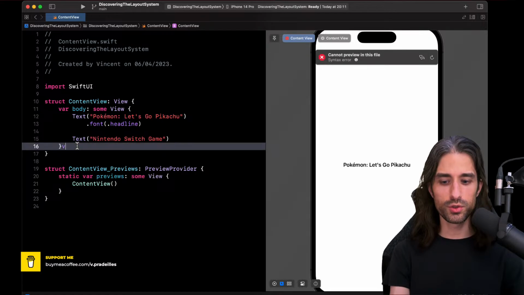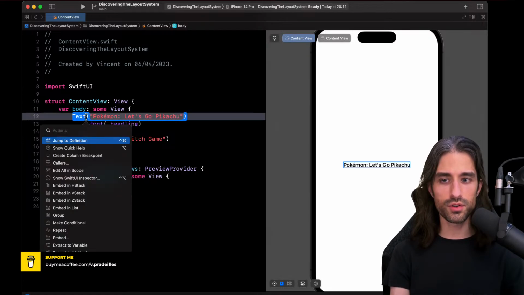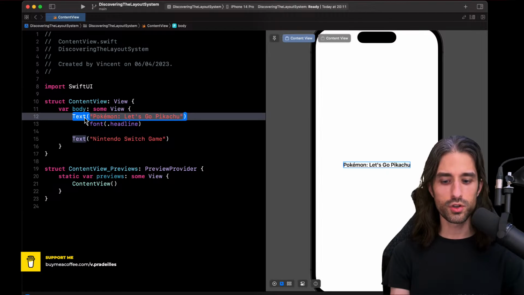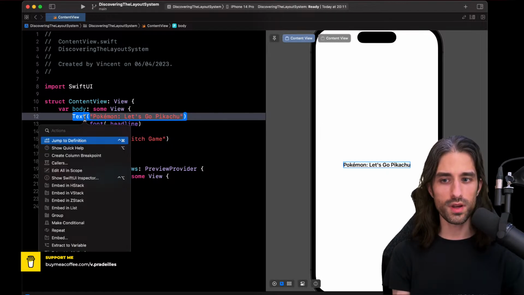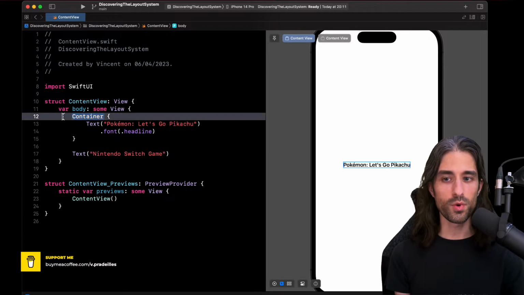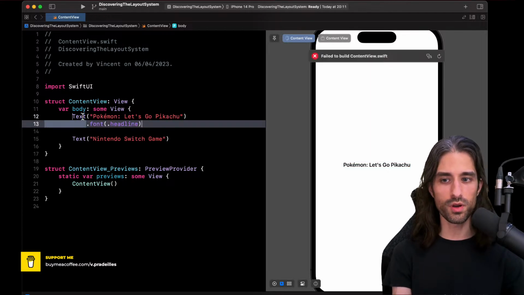So to do it, we could do it fully in code, but there is also a shortcut in Xcode. If you do Command plus click on the SwiftUI view, you can see this contextual menu that appears, and this menu has some actions that are specific to SwiftUI views, like embedding in HStack, VStack, or ZStack, embedding in list, embedding in a group, which is a logical container with no layout impact, making it conditional, so putting it into an if, repeat, which means embedding it into a ForEach, just embed, which puts in whatever container and then you replace it by whatever you want.